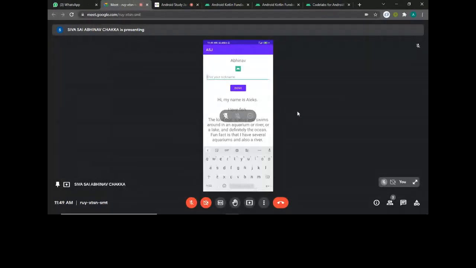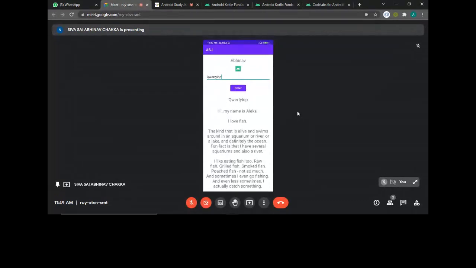You have the edit text and button. Let's say I type in some name right now. So I've typed in something, and now I'm clicking on the done button. I don't think you can see that. I've clicked it, and now you can see there's a text we added with the name of whatever it is. Now let's say I change it to something else, and if I click on done again, you can see that. So that is that.